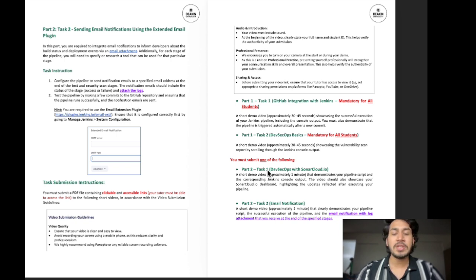A pipeline is basically a set of steps that run one by one automatically every time we push code to GitHub or any other source we are using. This makes our software delivery much faster, more reliable, and less error prone. Jenkins is the tool which I am using here in my unit.